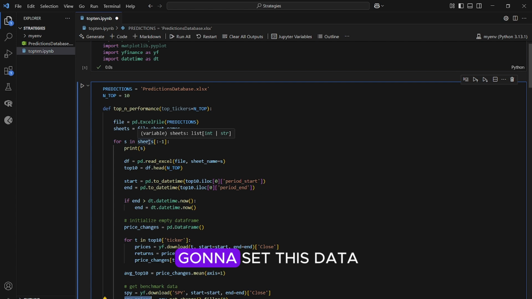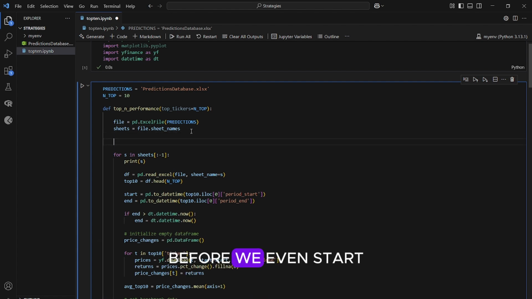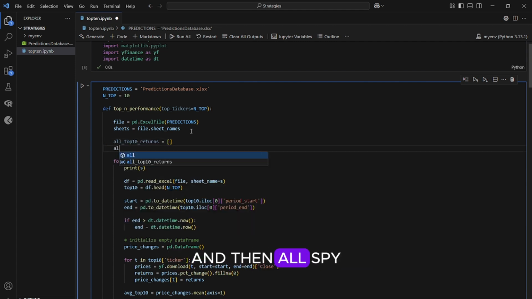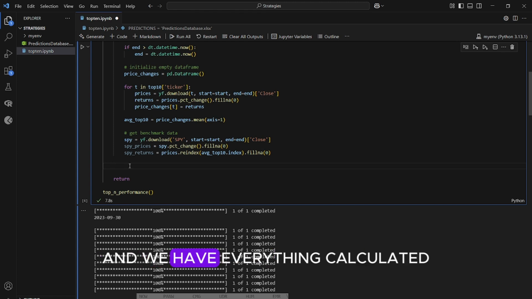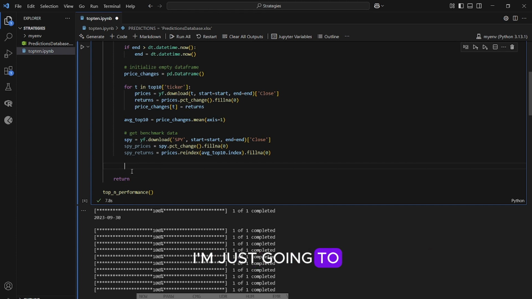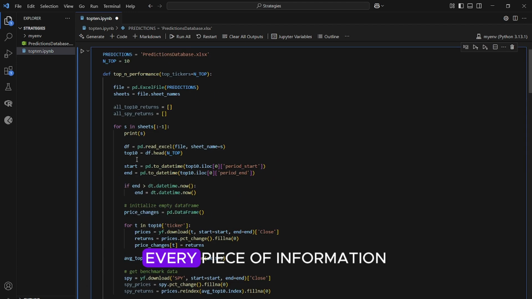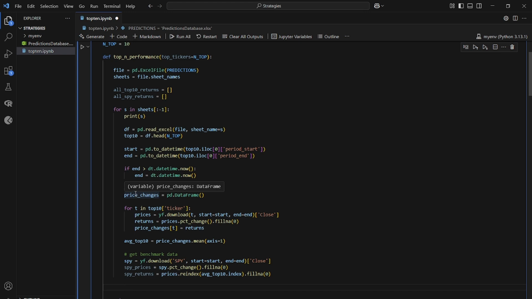And the way I'm going to set this data frame up is by creating a list at the top of this function. So before we even start looping through all these sheets, we want all top 10 returns. And that's just going to be an empty list at first, and then all SPY returns are also going to be a list. Perfect. Now that we have those initialized and we have everything calculated, I'm just going to append every piece of information we get here